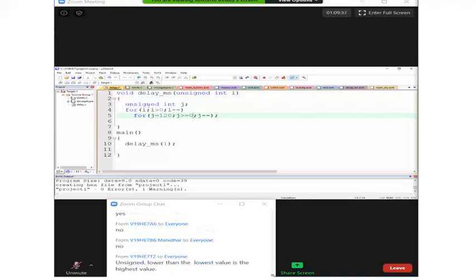Unsigned when you take, yes, unsigned when you take, it will become an infinite loop. But when you take signed, it will become a finite loop. This type of questions are mostly asked in the interviews, just to confuse you. With signed and unsigned, they'll try to give loops like in some cases it is finite, in some cases it is infinite. Okay, everyone is clear with this, right?